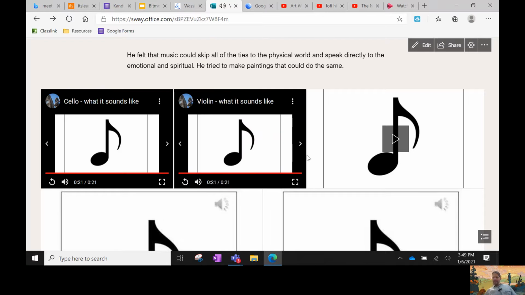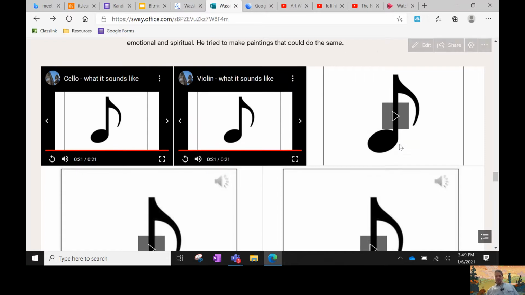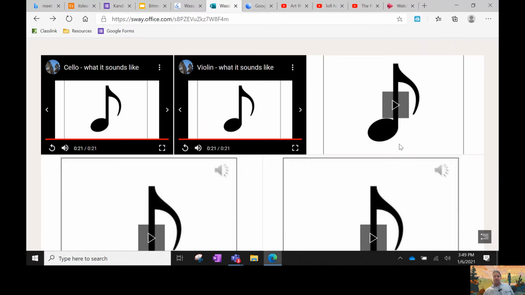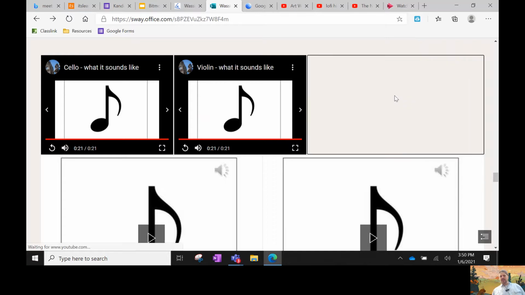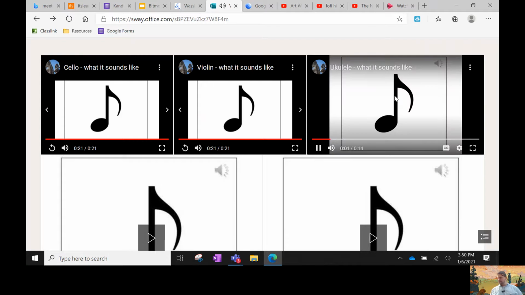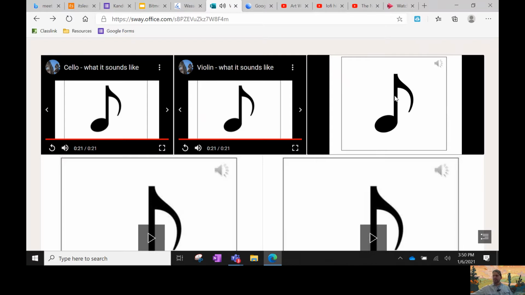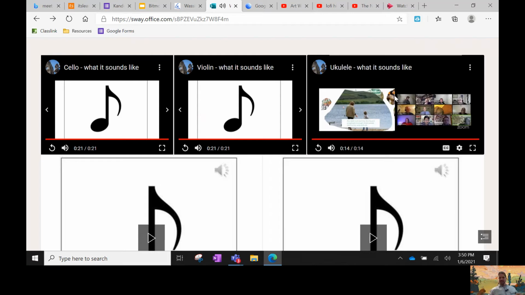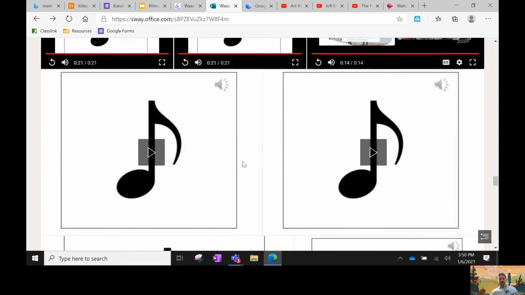I wonder if you know what that song was. All right, I'm only going to play these other ones just once, because I think you got the idea. When you figure out what color you think goes with that musical instrument, color on your paper, and like I said, it can be any shape you want. You could even decide what shape goes with which musical instrument. That was a ukulele. You know, Miss Freeman likes to teach ukulele.